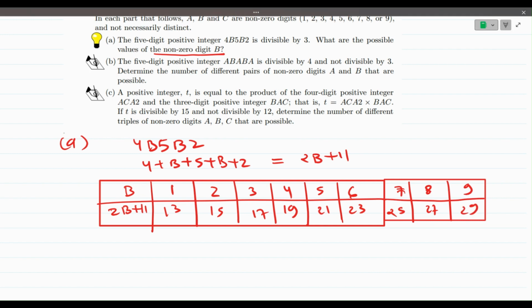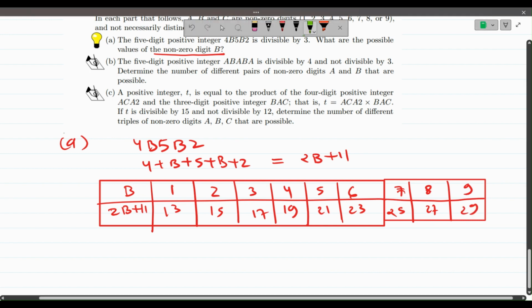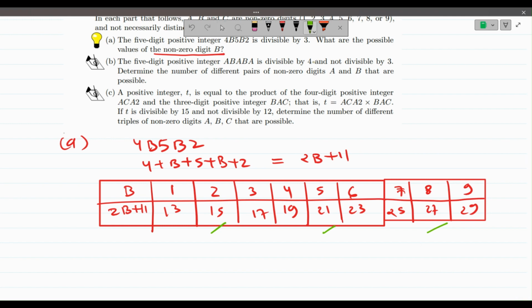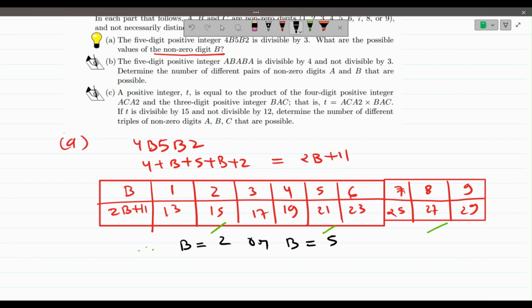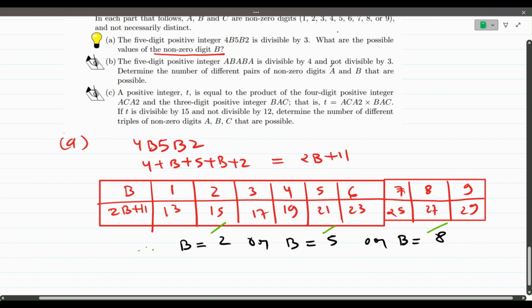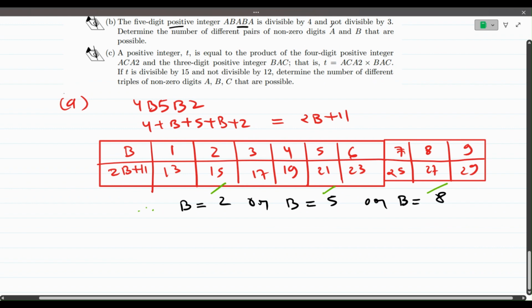So you can see that when b is 2, 5, and 8, we get a multiple of 3. So therefore the possible values of b are: b is 2 or b is 5 or b can be equal to 8. All right. Now question number 2, the 5-digit positive integer we have here,